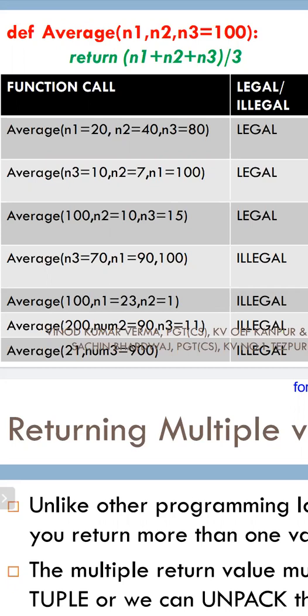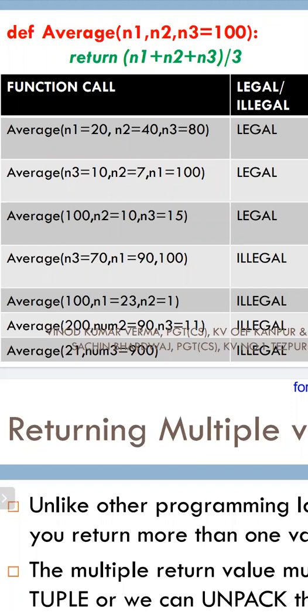for the third one? Average of 100, n2 equal to 100, n3 equal to 15. What will be the function header? It may be n1 comma n2 comma n3. That will be the function header. Or instead of n1, we can give whatever other variable also. But the basic answer is n1 comma n2 comma n3. So n1 will be the position argument, 100 will be stored in n1. Then n2 and n3, in whatever order, n3 comma n2 or n2 comma n3, because n2 and n3 are called keyword arguments. So there is no necessity for order. But the position argument should be first.